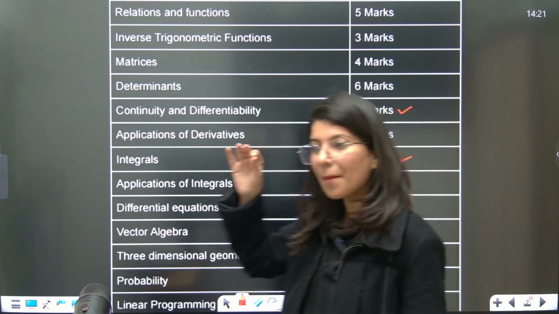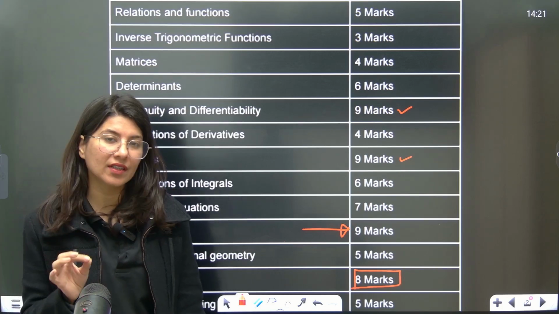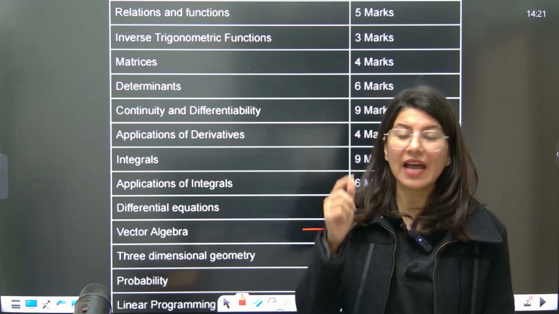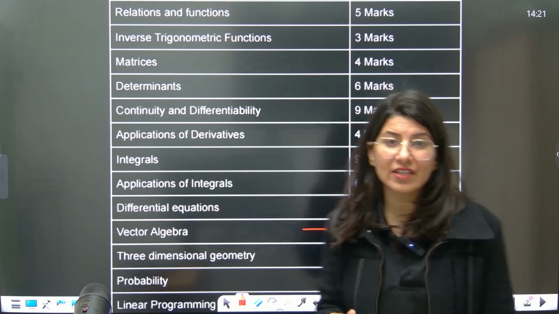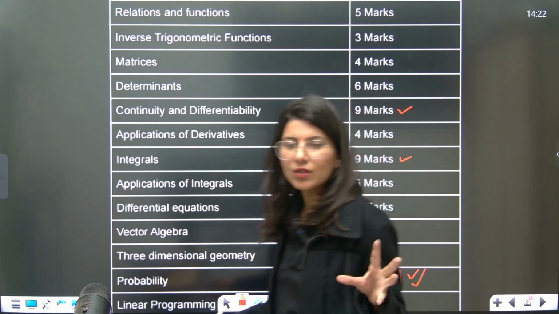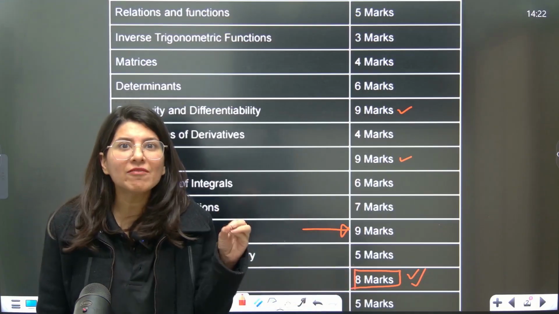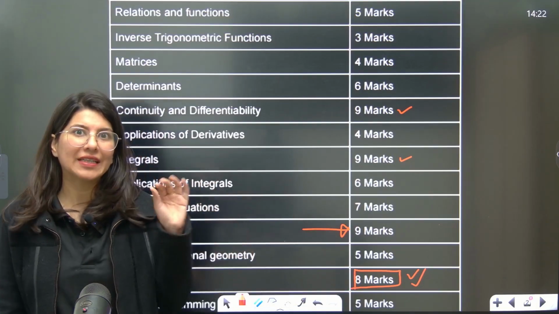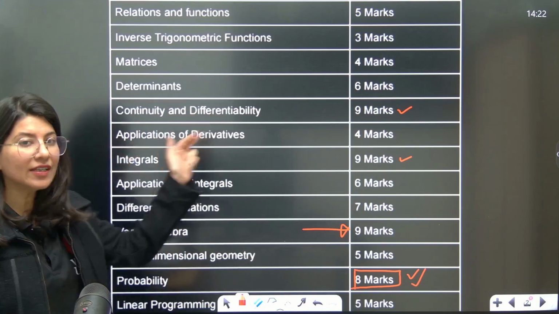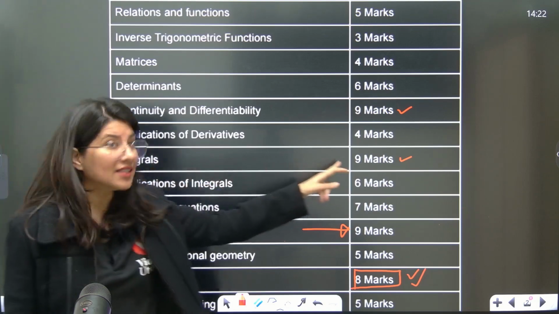Now let me just burst this myth. Calculus is obviously one of the high weightage units, but when it comes to a chapter which is high weighted and which is giving you high return on investment, that is clearly going to be probability, ma'am. Why? Because calculus unit is 35 marks, you are seeing only 8 marks. How come? Because 35 marks is not for one chapter, but it is for 5 chapters. So if you carefully observe, I can see continuity and differentiability is sitting at 9 marks, but again 2 chapters. Okay, then integrals 9 marks.